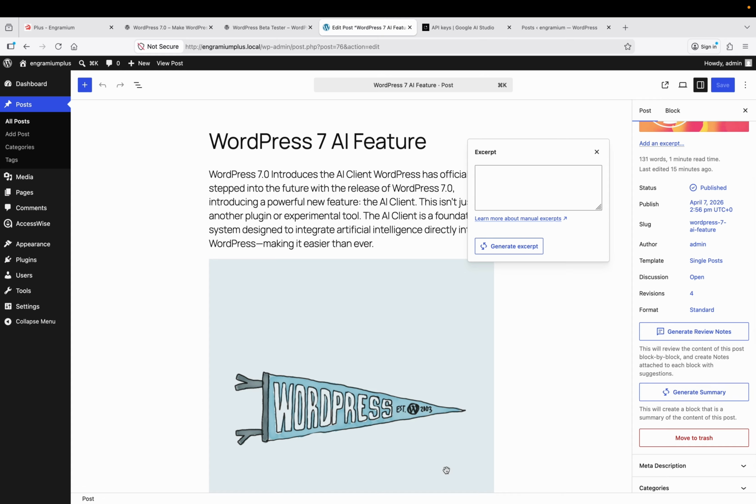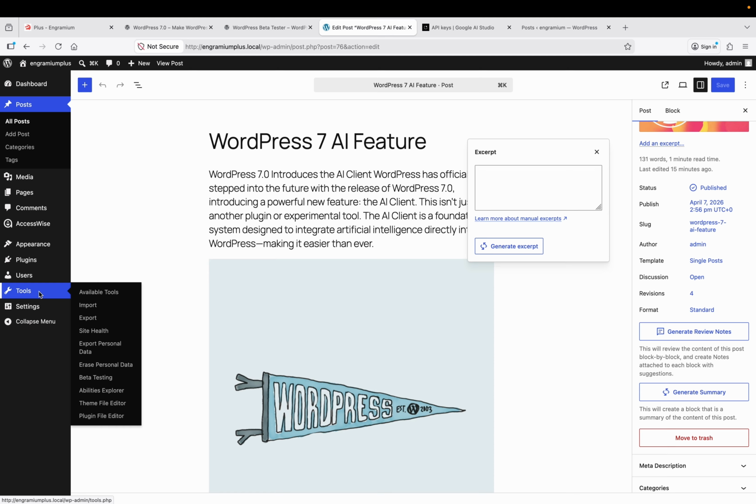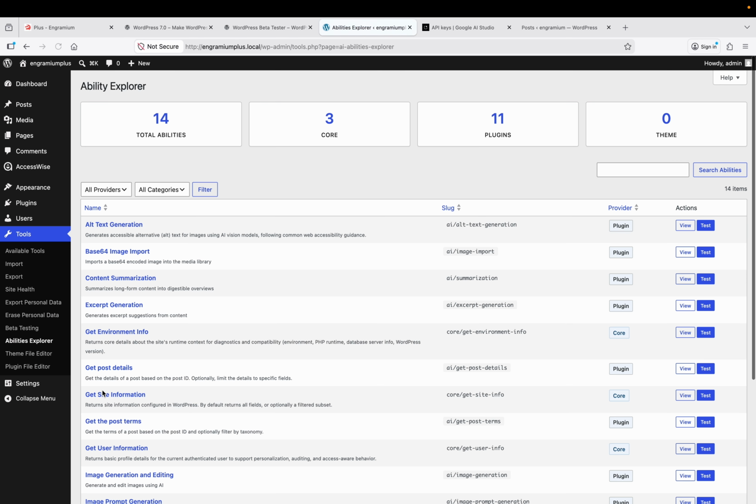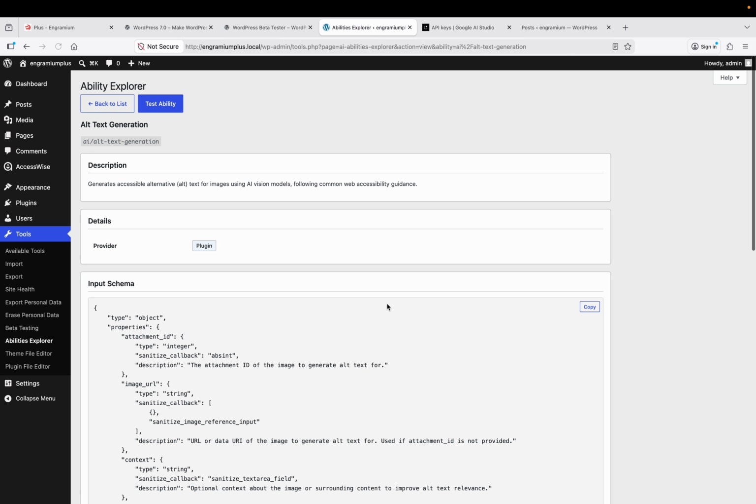There is even an abilities explorer where developers can test things. Right now it's a bit technical, but long term this could turn WordPress into a full AI extendable platform. For example, if we go to tools, abilities explorer, from here we can check all the details and we can view, we can test, and so on. While